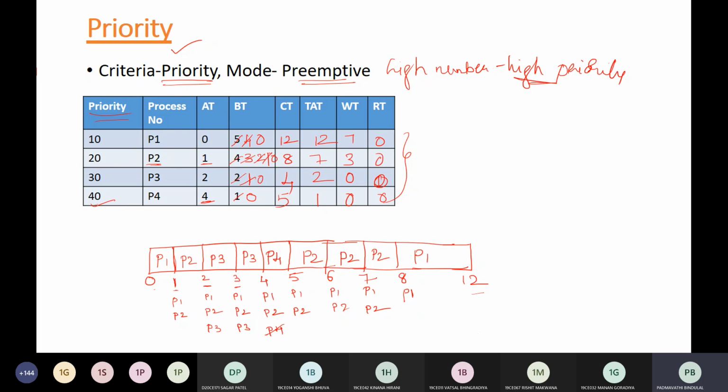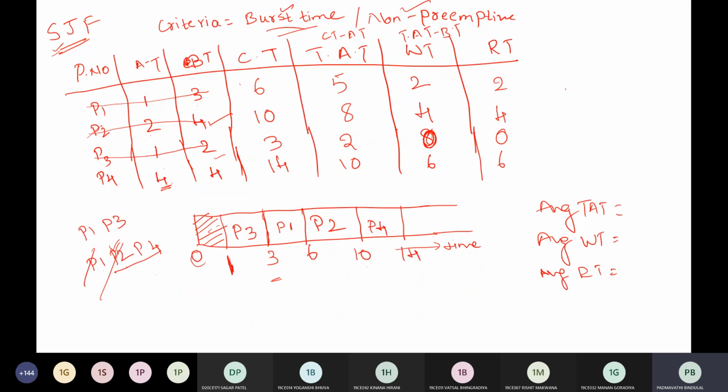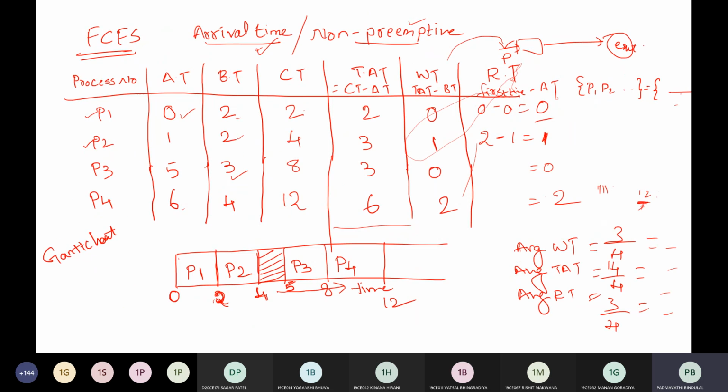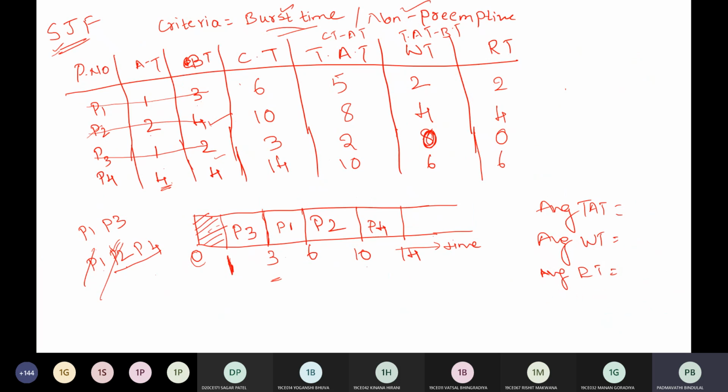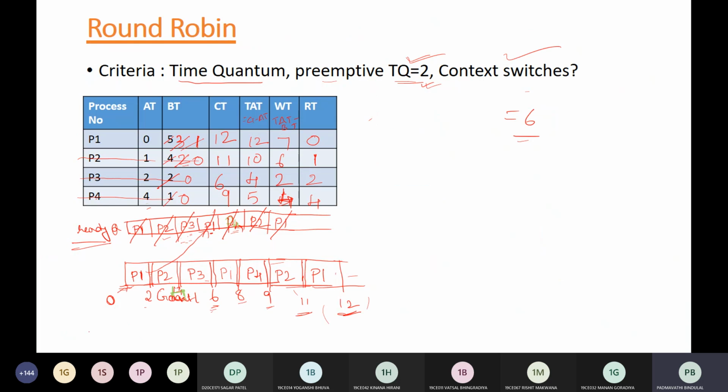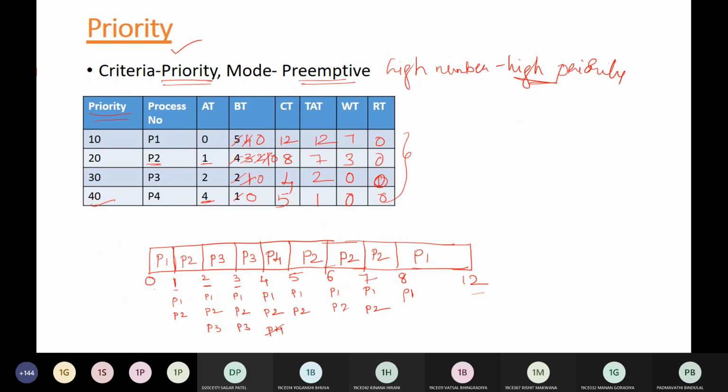Yes, ma'am. Okay, so these are the various variations that can be asked in your exams, theory or competitive exams as well. I have mostly focused on the preemptive part only, because once you do this one, the non-preemptive part will be quite easy. मतलब जो start किया है वो आपको complete करना है. That's it. There is no question of stopping.